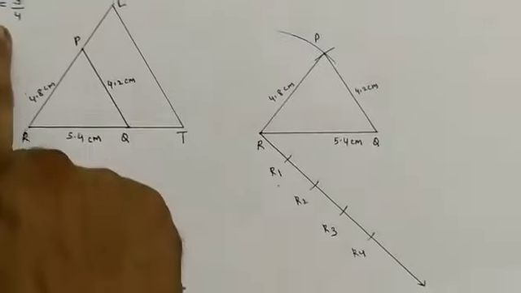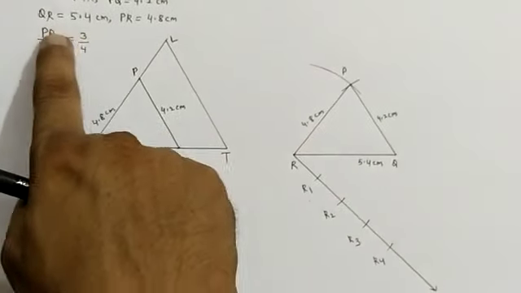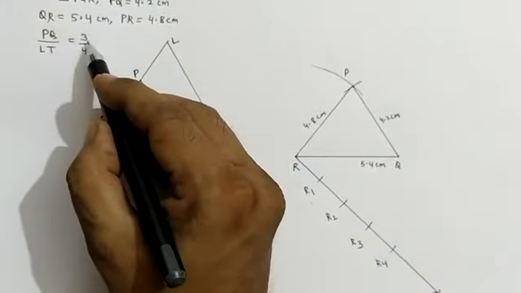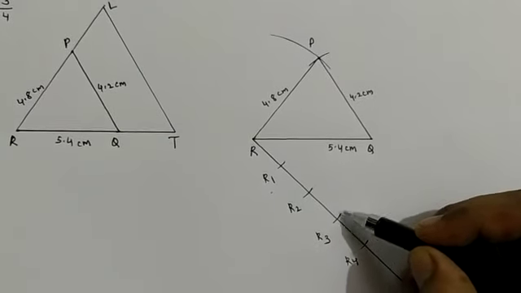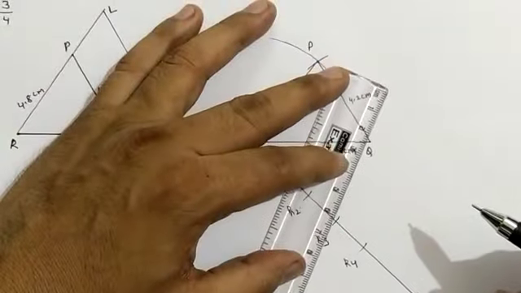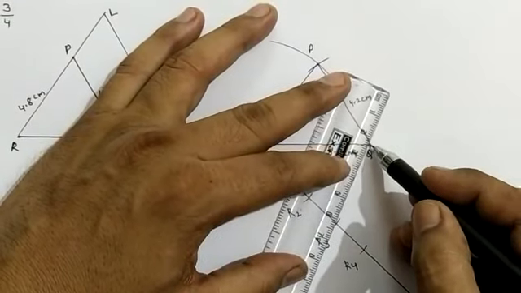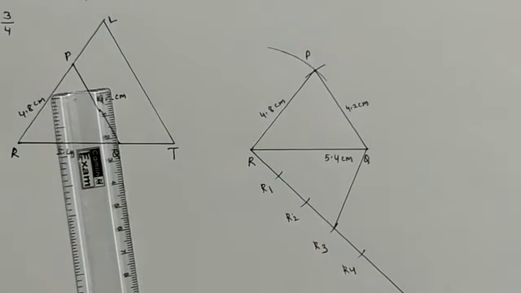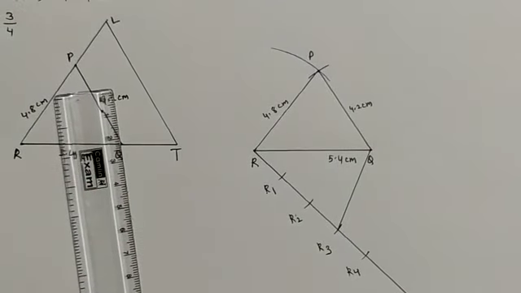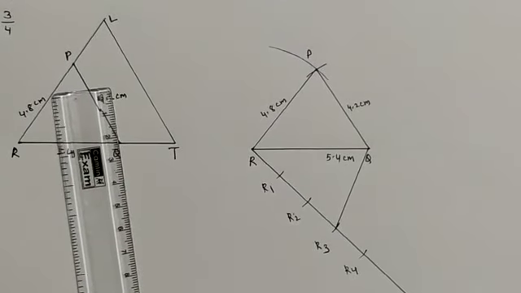So students, now the triangle has the PQ ratio of 3. You can see the PQ ratio is 3. So this third part, the third R, you can join here with this Q. See, we have drawn this third arc with this Q now. You can do it.